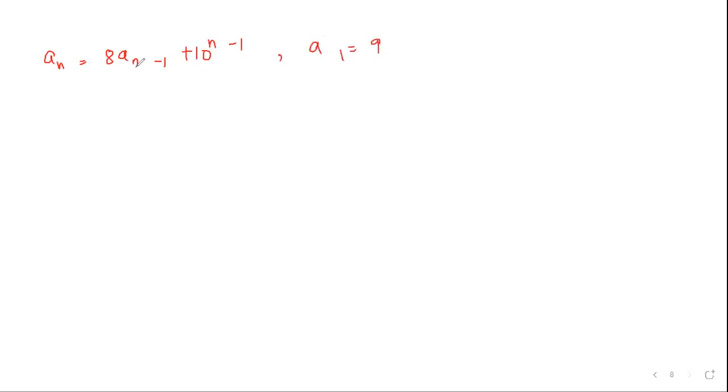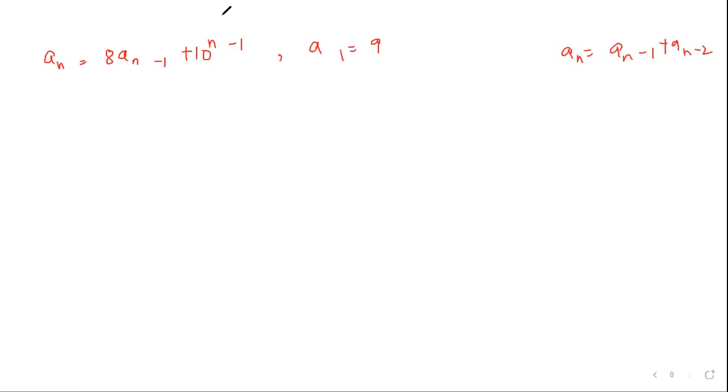One more thing with respect to the initial condition is, suppose we have a_n equal to a_(n-1), only one previous term, then we will have only one initial condition. I'm not sure whether I have explained this concept to you in the earlier classes, but if only one previous term is given in the formula, then we will have only one initial condition. You can go back and notice, suppose a_n is given as a_(n-1) plus a_(n-2), then we should be given two initial conditions, otherwise we won't be able to form the general solution. If we have three previous terms, then we will have three initial conditions and so on. I hope you get the gist.